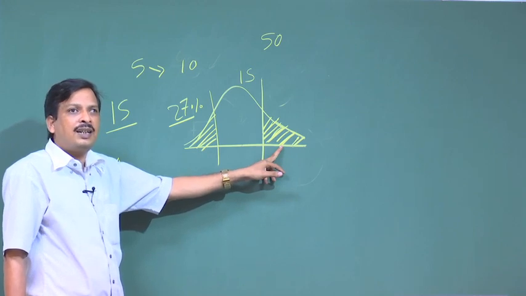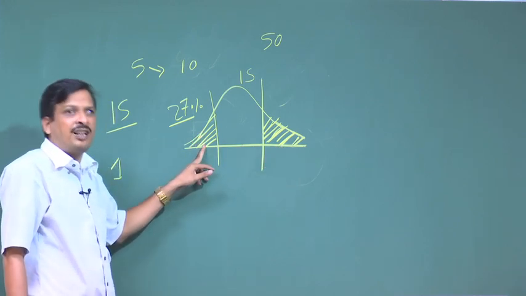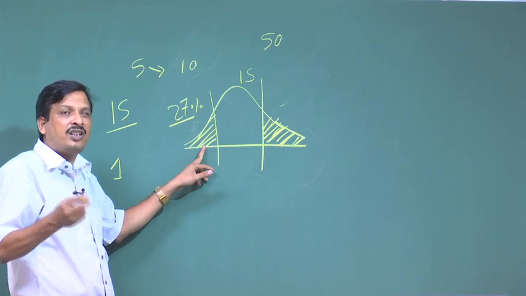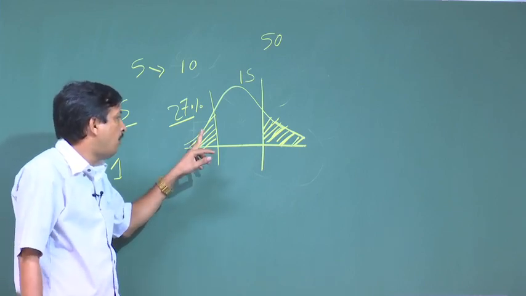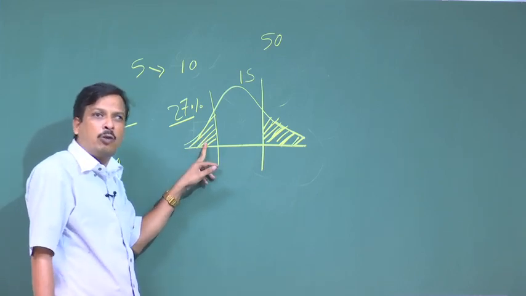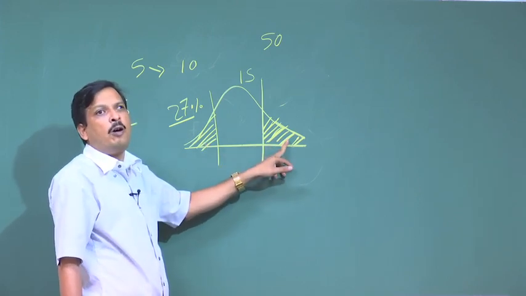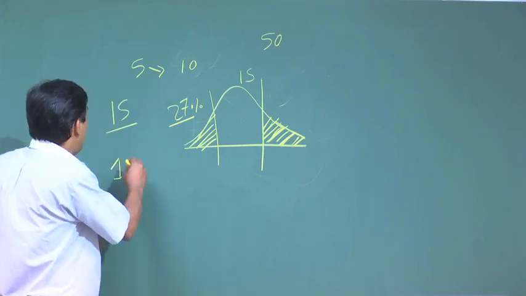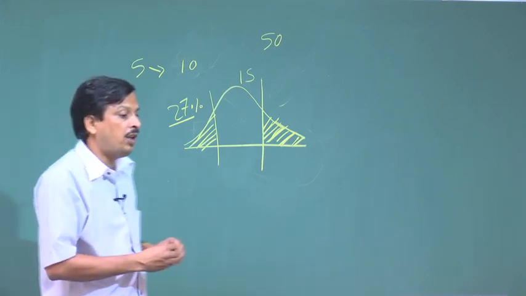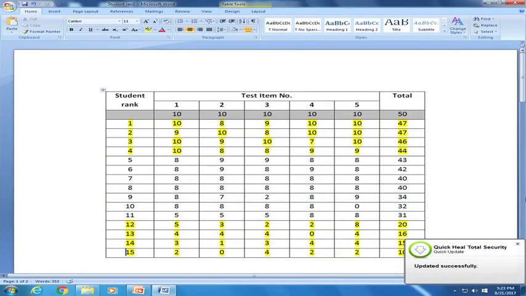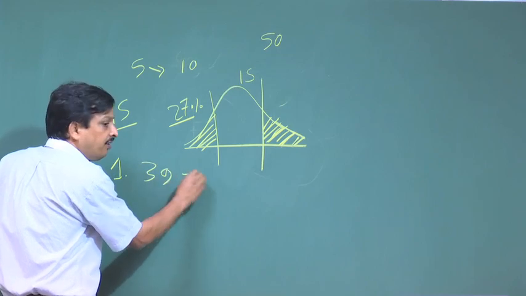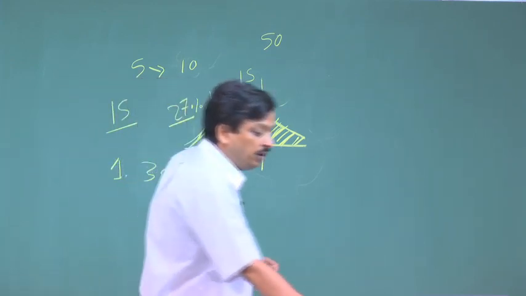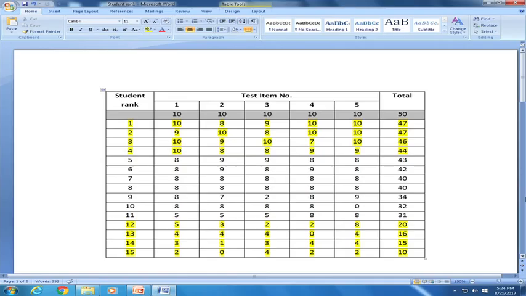So, I can define the facilitation value, which tells whether the question is very easy or not, as the marks obtained by the upper group plus the marks obtained by the lower group, divided by the total marks. For question number 1, the marks obtained by the upper group are 10 plus 9 plus 10 plus 10, so 39, plus the marks obtained by the lower group students, 3 plus 2 is 5, 5 plus 5 is 10, plus 4 is 14, divided by